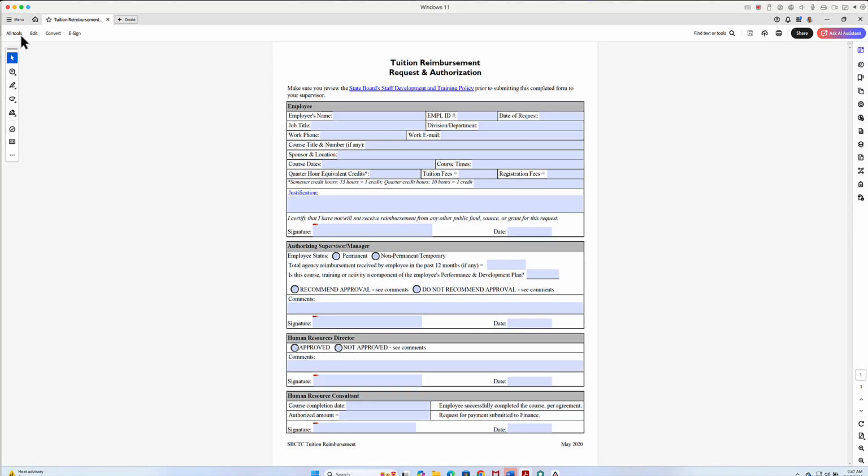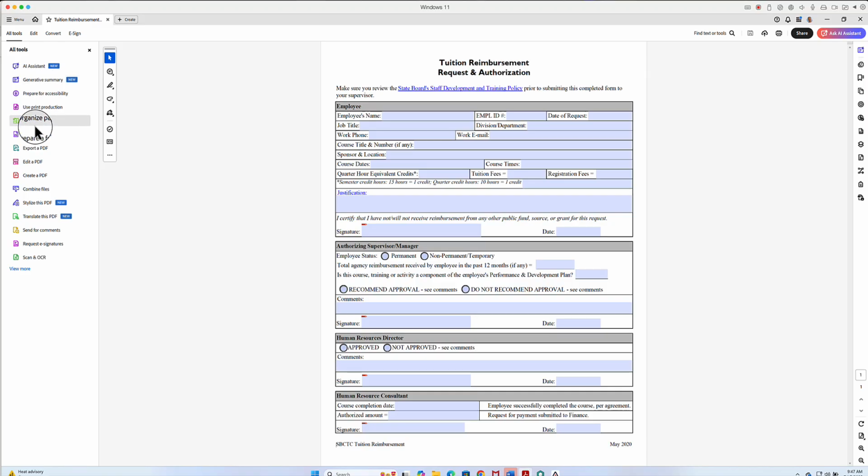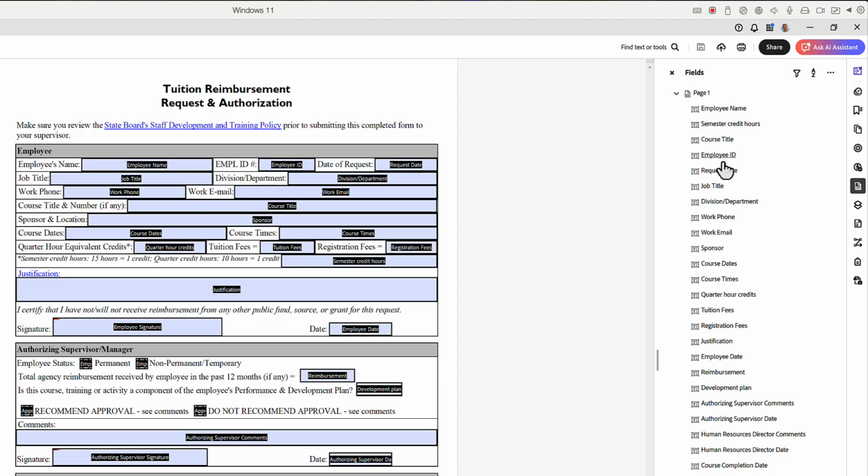So if we go back into the Prepare Form mode, over here on the right is a list of all the form fields in our document. But what you need to understand is that the order in which these form fields appear is going to be the tab order of the form fields when a user is filling out the form. So here you can see I have employee name as the first one,